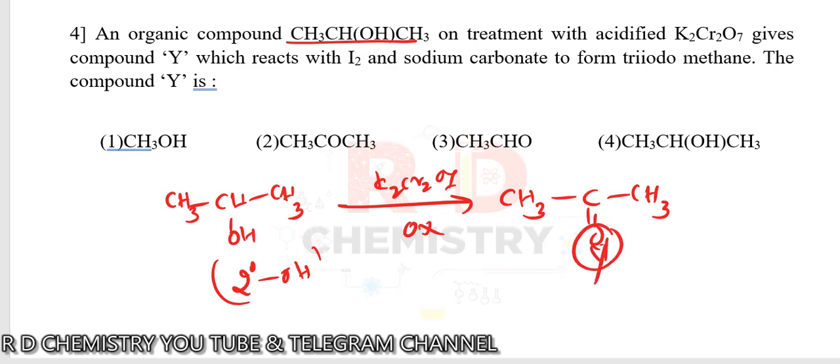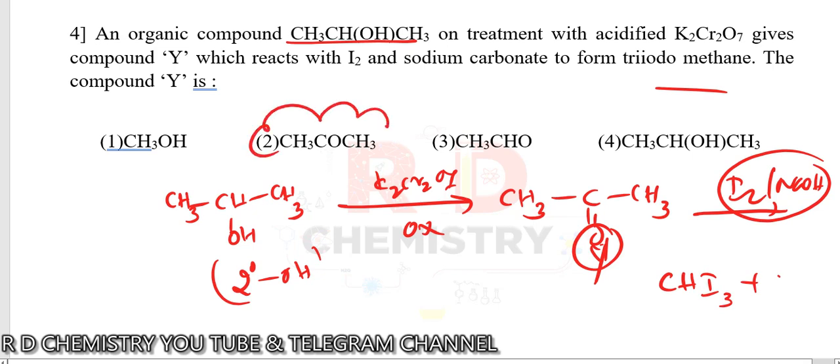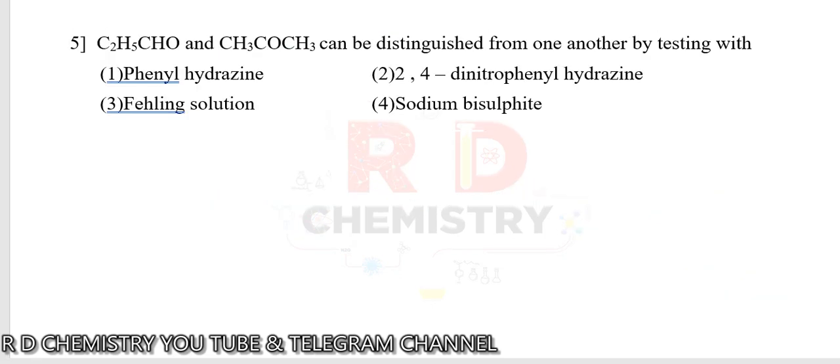Okay, this is the Y compound, which reacts with iodine and sodium hydroxide. This is the iodoform reagent. So you get triiodomethane. That means we are going to get iodoform and the corresponding salt of the carboxylic acid. So therefore Y should be acetone here. Second one is the option. Correct. Question number 5. The compounds given are CH3, CH2, CHO, propanal, and